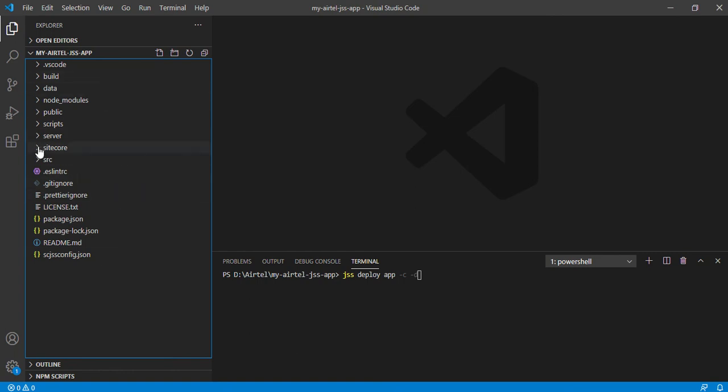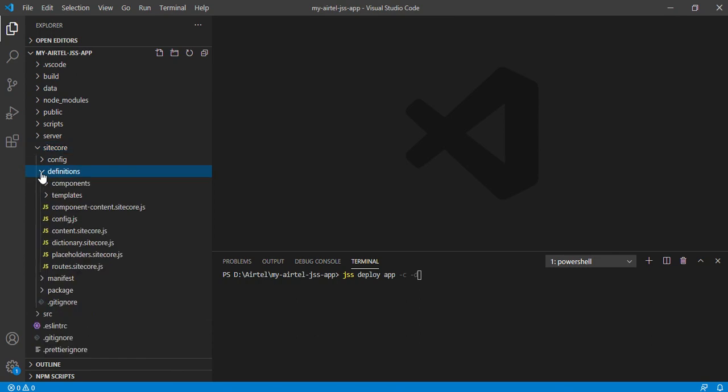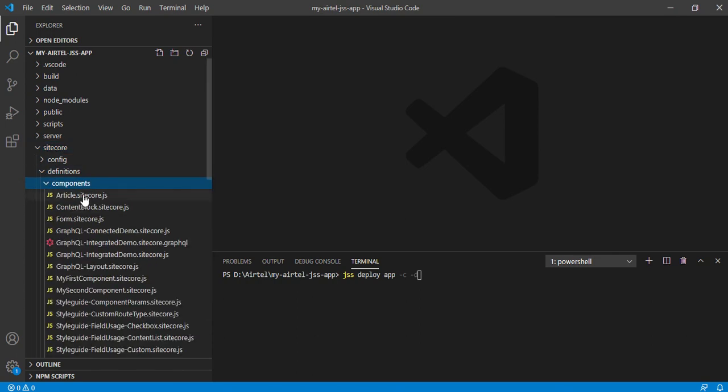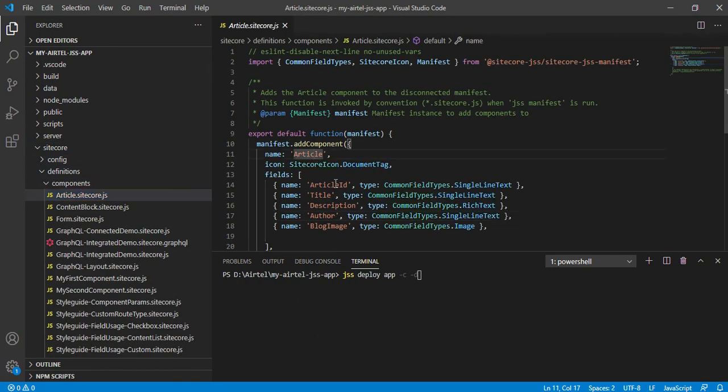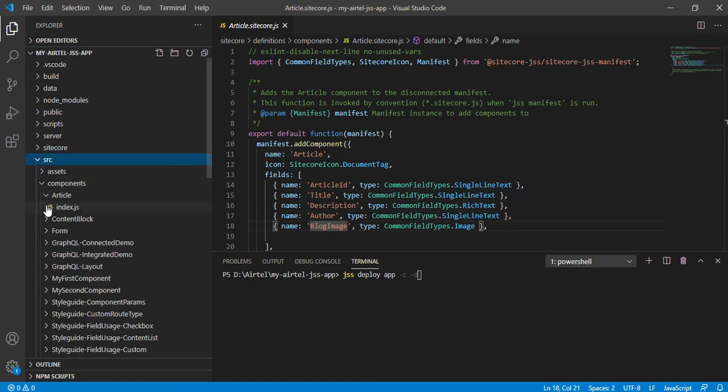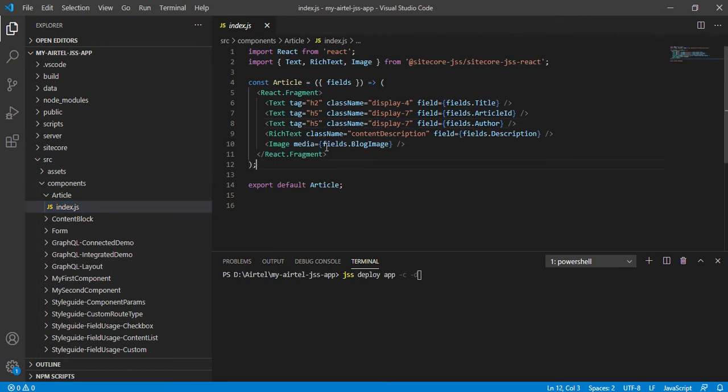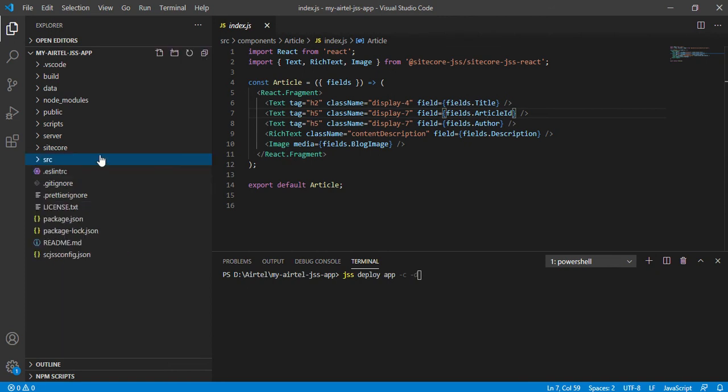For that article, I already have one component definition file. This is my articles component where I have the article ID, title, description, author, blog image. And I have its React component available as well. This is my React component where I have provided some HTML, and I am displaying the different fields and their values.